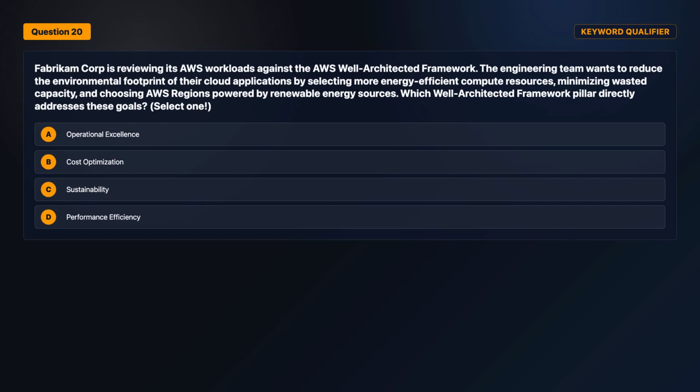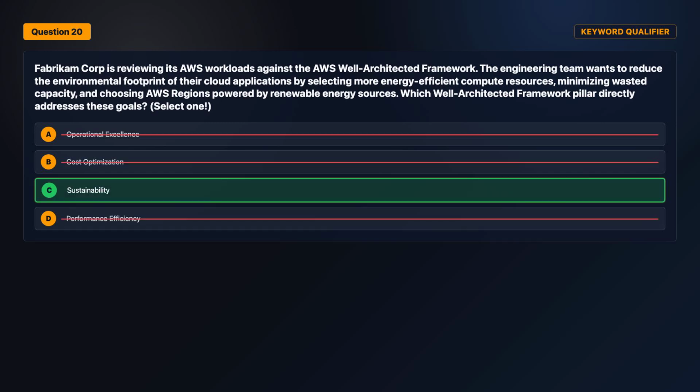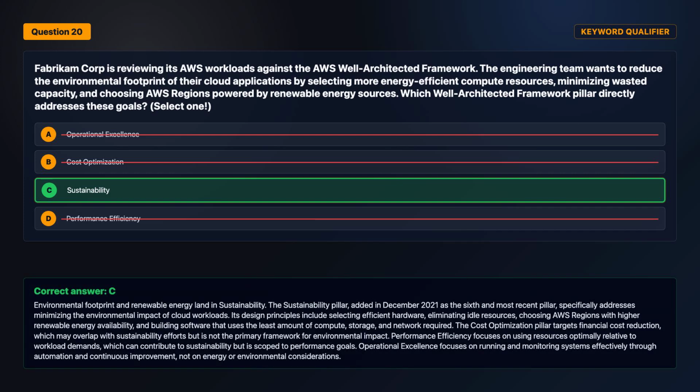Select one. Review the answer choices on screen. The correct answer is option C. Environmental footprint and renewable energy land in sustainability. The sustainability pillar, added in December 2021 as the sixth and most recent pillar, specifically addresses minimizing the environmental impact